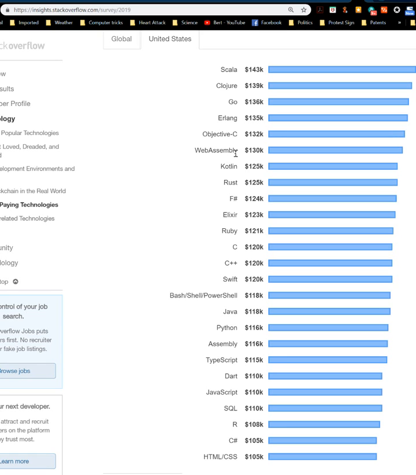Kotlin, again, not very heavily used, but for the most part, the less popular the language, the more they pay. Rust, not very heavily used. A lot of people are fanatics about it, but it's not very heavily used. Same with F#. Even Ruby, it's down to 8%, but I can get into Ruby. I actually kind of like it. But I'm probably going to focus more on Python based on this for sure.